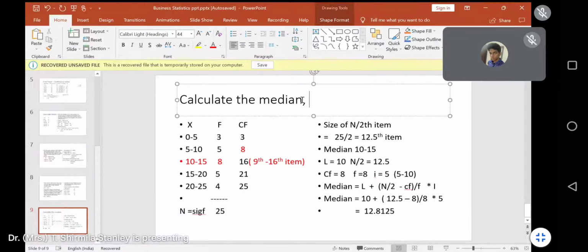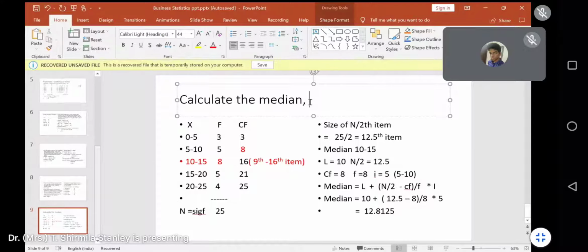Q1 is the value where less than that Q1 value you have 25%, and more than that Q1 value you will have 75%, right? Whereas coming to quartile 3, that particular value, more than that will be 25%, less than that will be 75%, right? So this is how you categorize your median and quartiles.